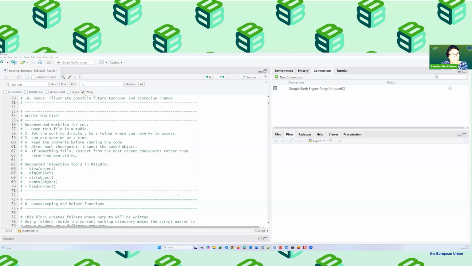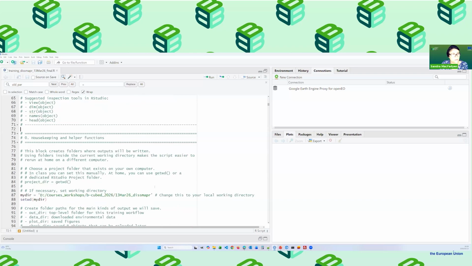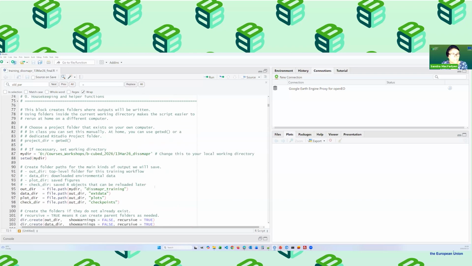All right, so let's start off. If we go down to line 87. If you want to create your own directory, if you want to keep all of this from the tutorial in a different directory, you can just quickly change this my directory to something else. So this is the one that I'm going to use. So if I run that,